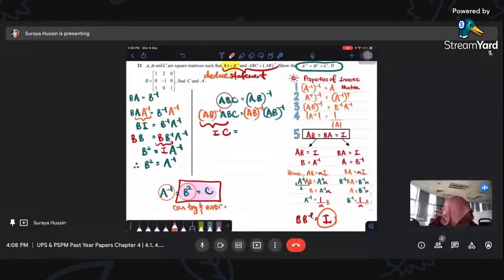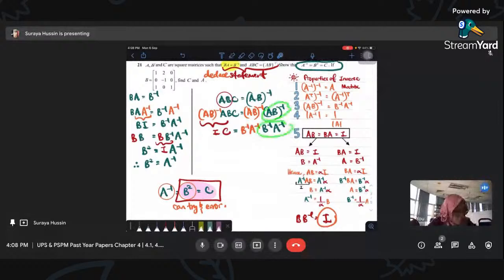So here it gives you B inverse, A inverse, while at the back here it gives you B inverse also, A inverse also. Because here it is the same thing, guys. So I'm just trying to apply the third property over here. And so my C is actually equal to,